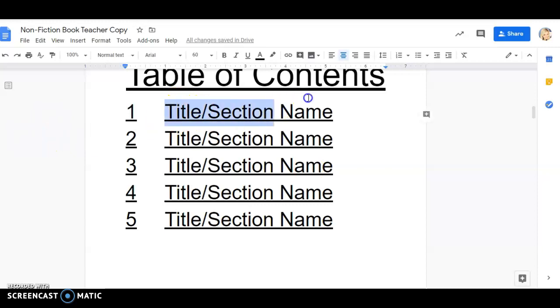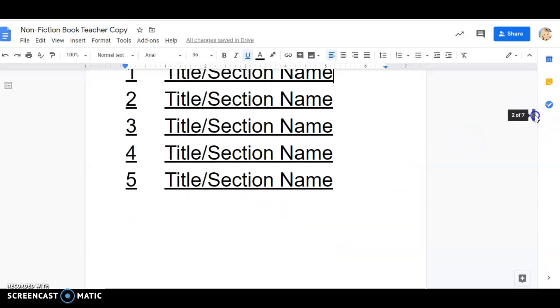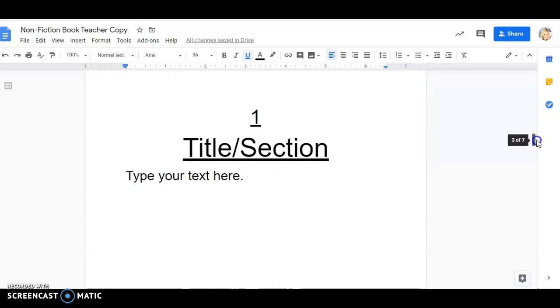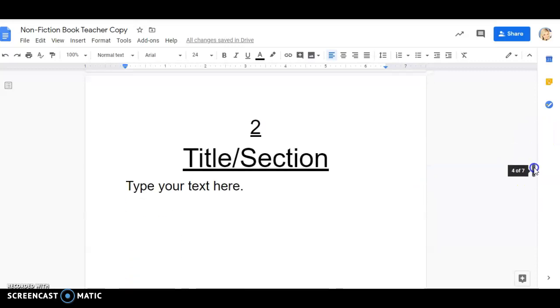You're going to put a title or your section name. You can change that. So you have 5 sections here. I'm going to scroll down. This is going to be your first section. You're going to change the title you want for your section here, and then you're going to start your text. You're going to use your notes to create the information in your book. And if I keep on scrolling down, we're not going to do this all in one day, but there's the